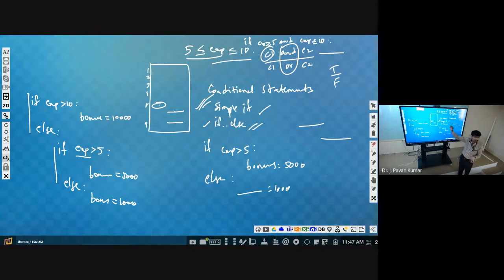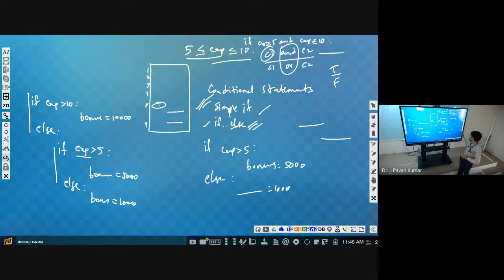But which one is efficient? By using if else only, it is efficient sometimes. If we have independent conditions, we cannot write by using if else. That you keep in mind. If every condition is independent, then we cannot write by using if else. If conditions are interrelated, then only we can write by using if else. Got it? Complete it.